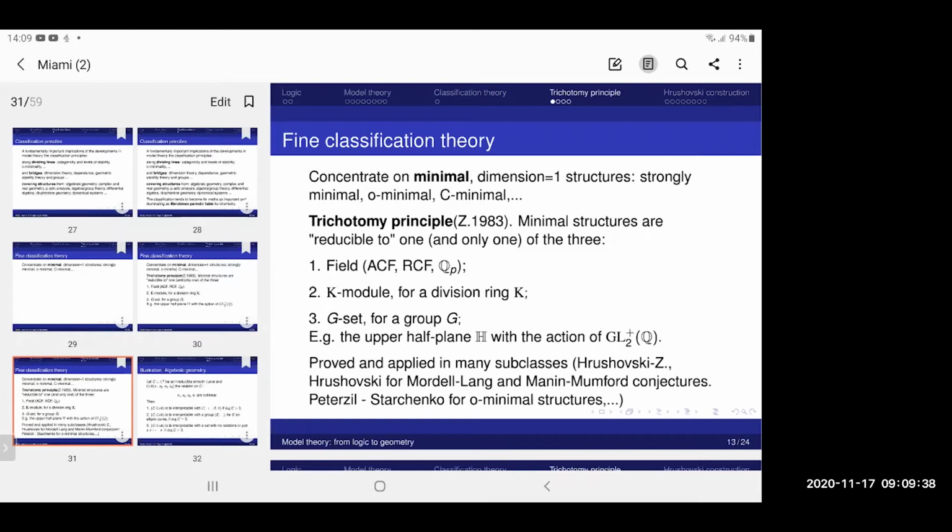But in some cases it proved to be true, and the first case was by Hrushovski and myself